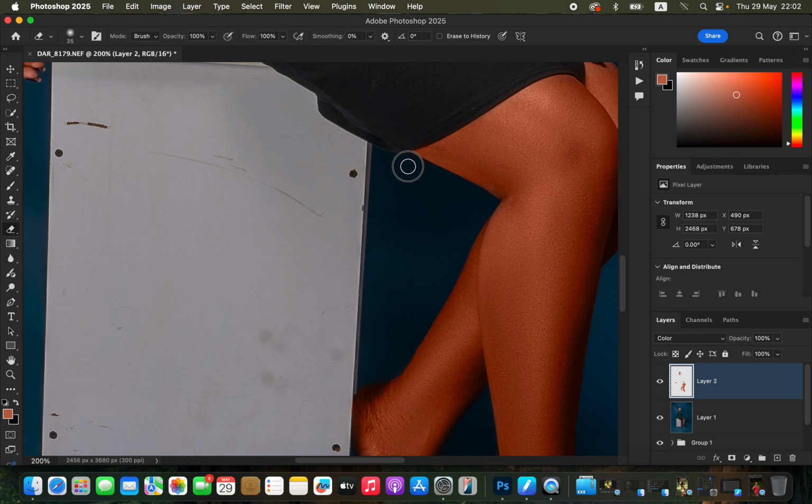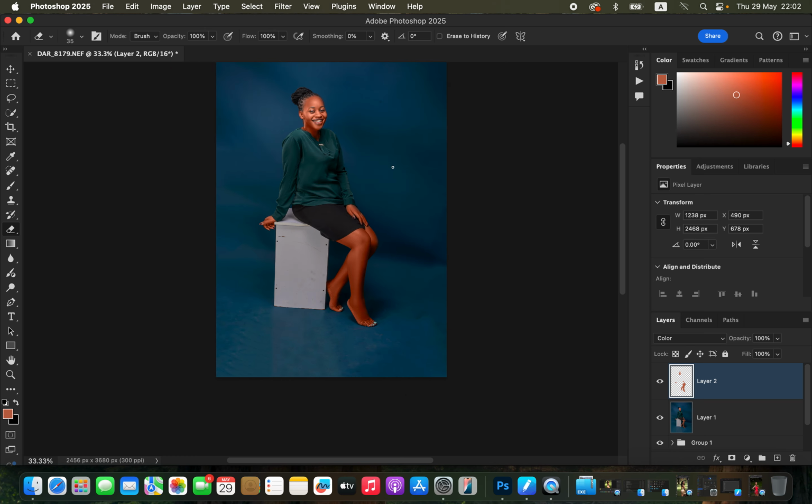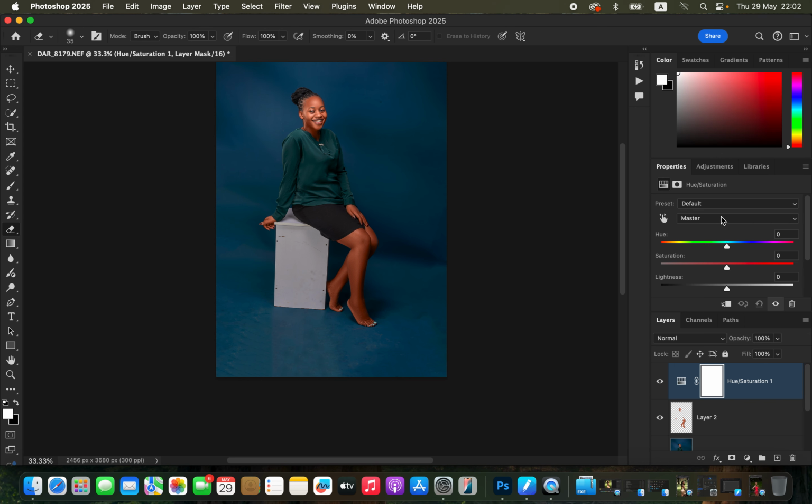After doing that, the next thing is going to be trying to make the color look natural. So just come to the opacity and reduce the color effect in the overall image. You can see before, after, before, after. In case it's looking too much, just come and create a hue and saturation adjustment layer. Change the color from master to reds, and take down the lightness so that it can look